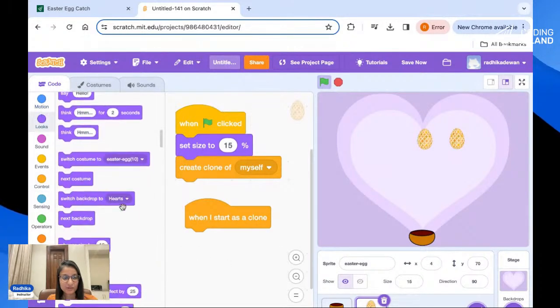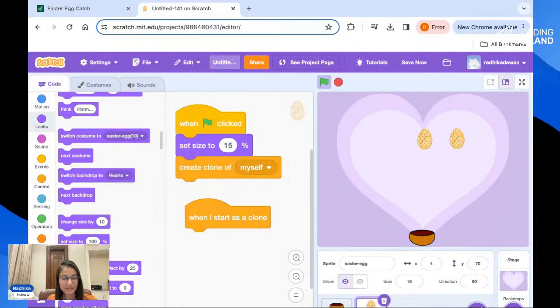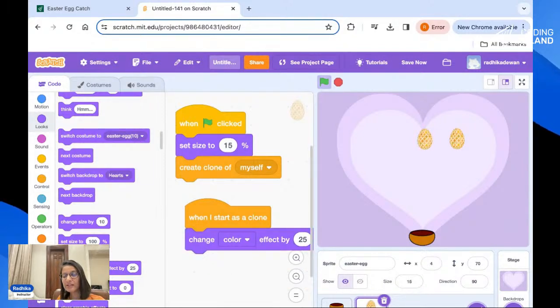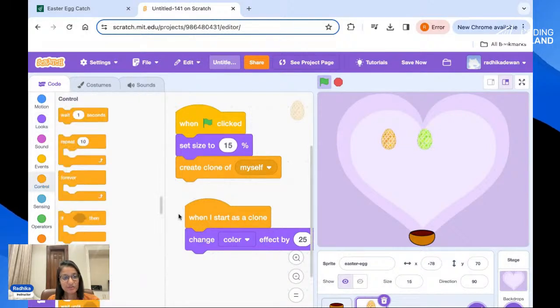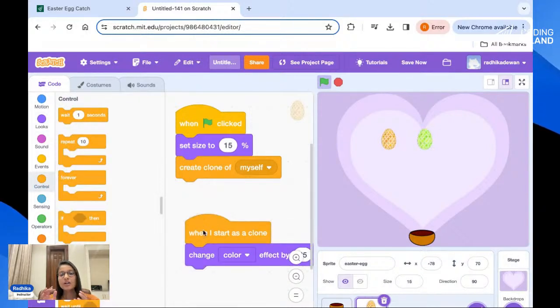let's say the clone will change the color effect by 25. So we will know which one is the clone. And you see, so this is the clone. So that means the one behind was the clone. Okay, so if I want to create 10 clones of myself, remember